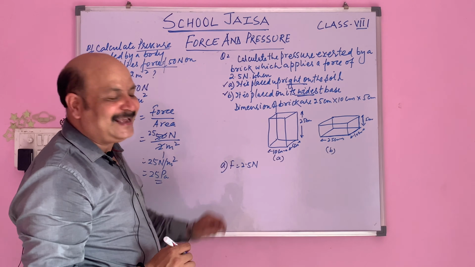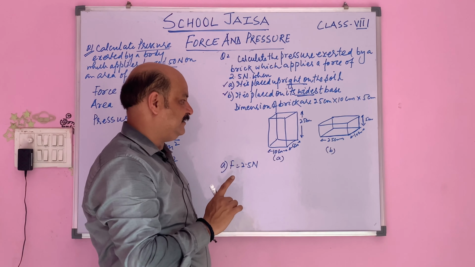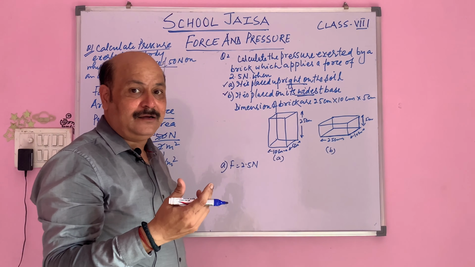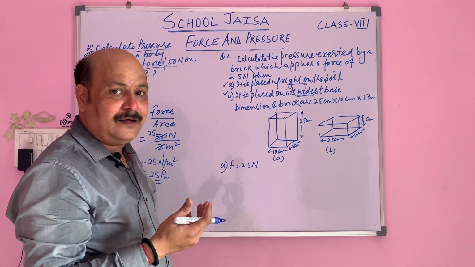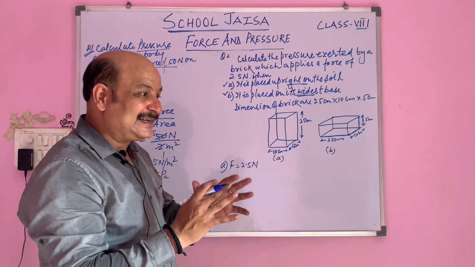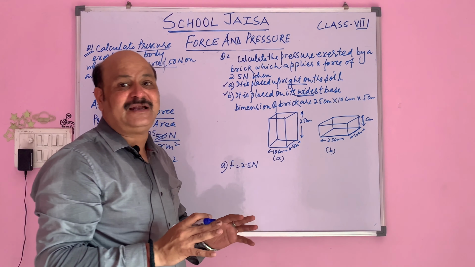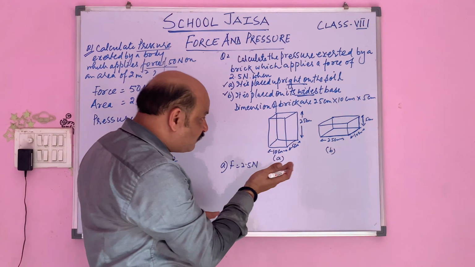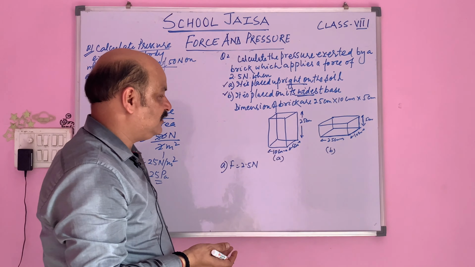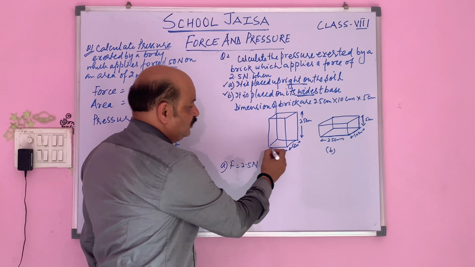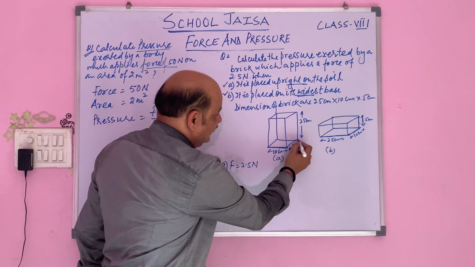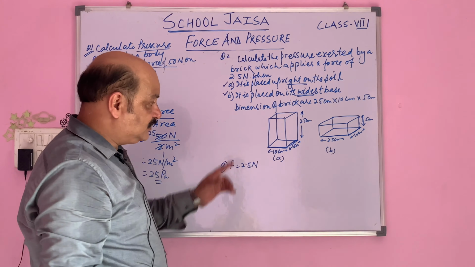But when we talk about the area, here to calculate the area we have to apply some formula. So what formula has to be applied? Here the formula of the rectangle has to be applied. Why? Because the surface which is coming in contact with the soil is a rectangular surface, and that rectangular surface is having the length as 10 centimeter and breadth as 5 centimeter. This is one thing.